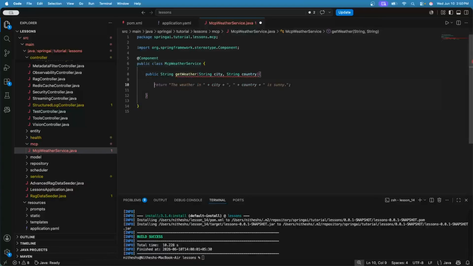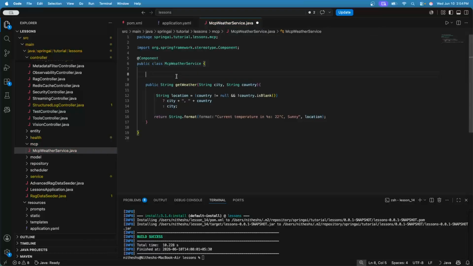Now, if country is not equal to null and not blank, I will concatenate city with country, else I'll just use city. I will assign this to a variable, String location. Let me reformat it a bit. First, I'll return a hard-coded response here.